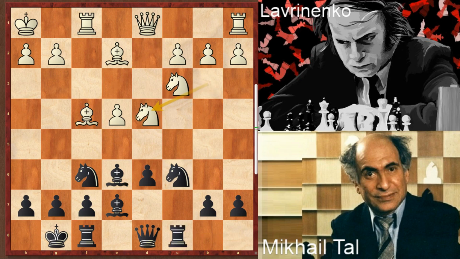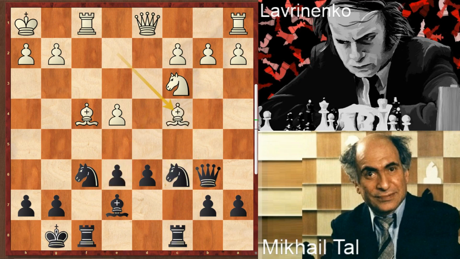knight to d4, and we have queen to b6 from Tal. Slightly better move is simply to take this knight with the knight, but we have queen to d4 and Lavrinenko plays knight takes knight. Also a small mistake, the better move in this position is simply knight takes knight, and after f takes, bishop to c4, and white is slightly better,